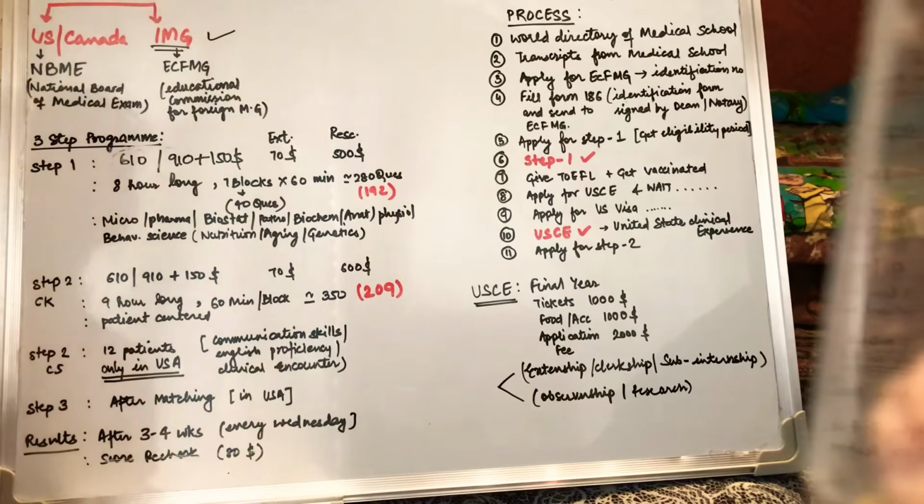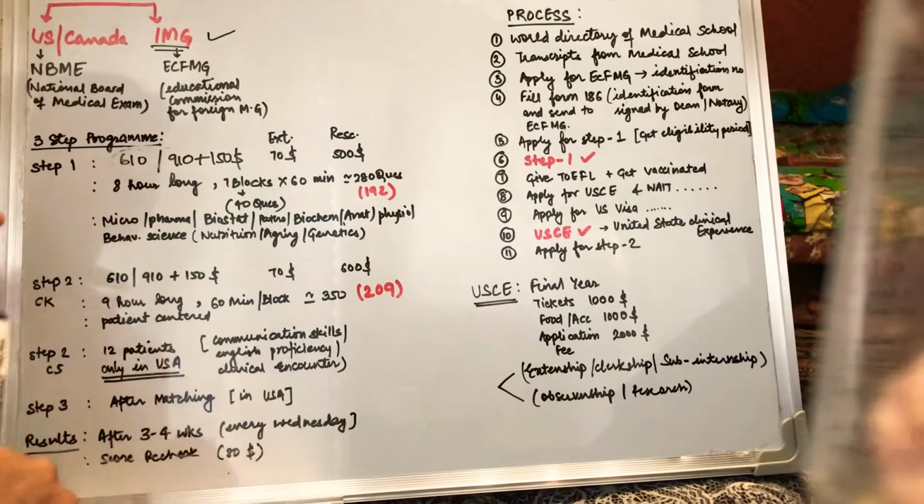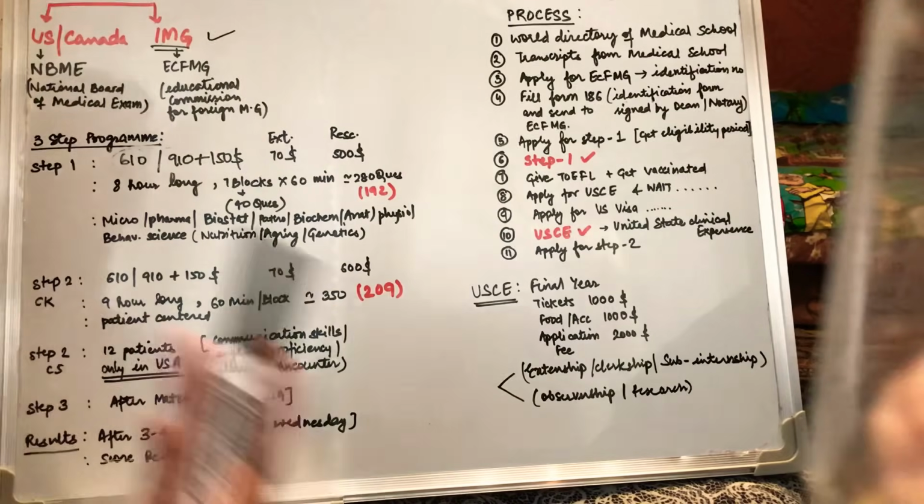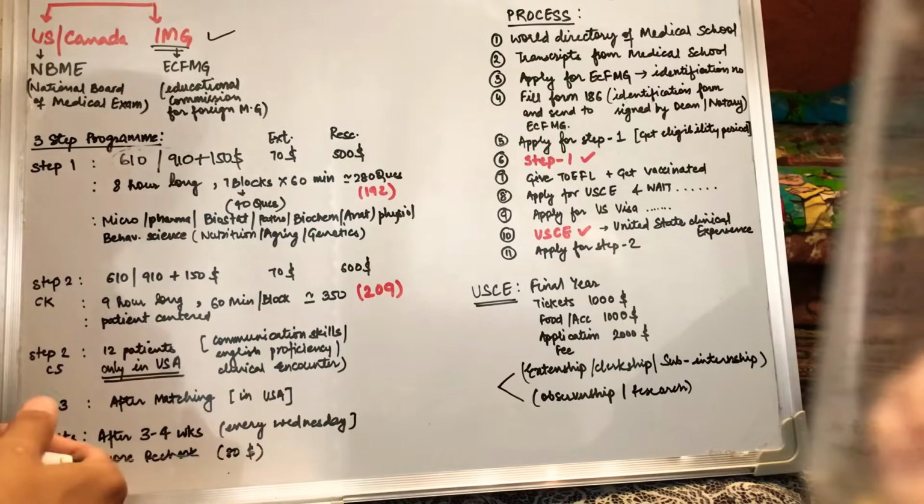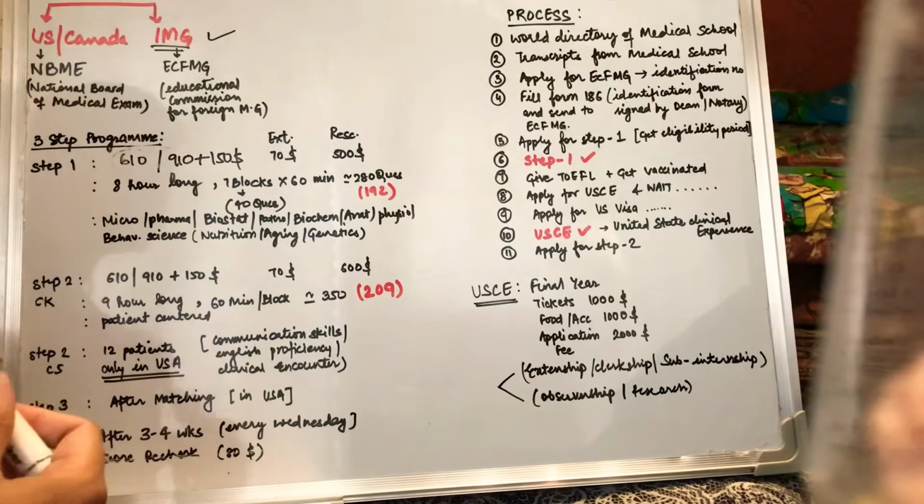Now for USCE, I'll give you just an estimation. This may vary from person to person and from city to city in the USA. For example, Chicago and New York are some of the most expensive places there. So it depends upon where you are applying. The tickets from, let's say, India to the USA will be about $1,000. Food and accommodation for 4 weeks will cost you $1,000. The application fees. Now there are 2 types of